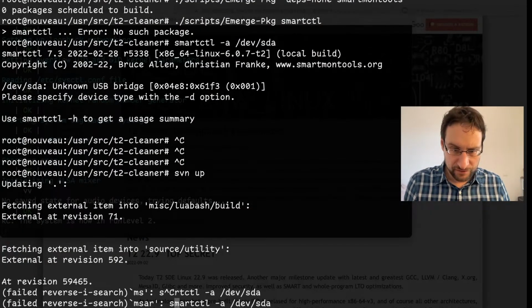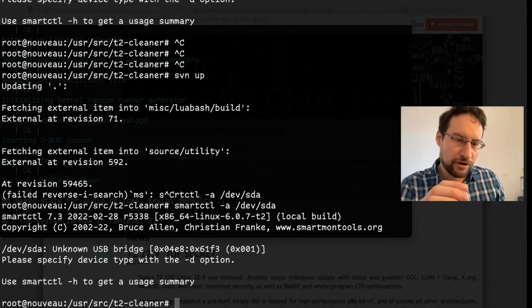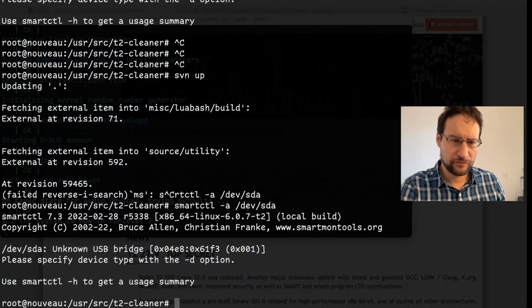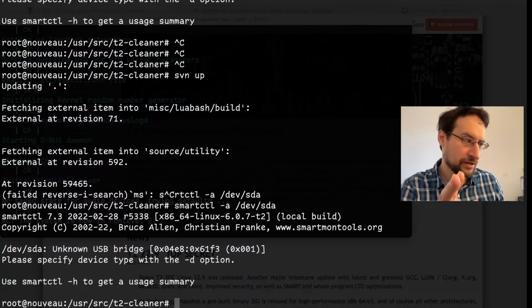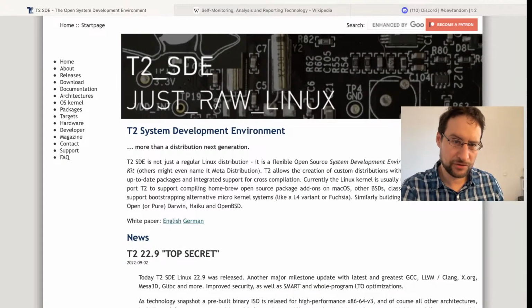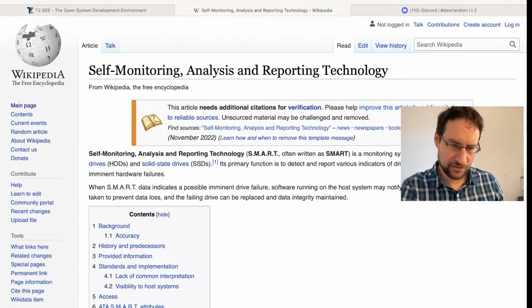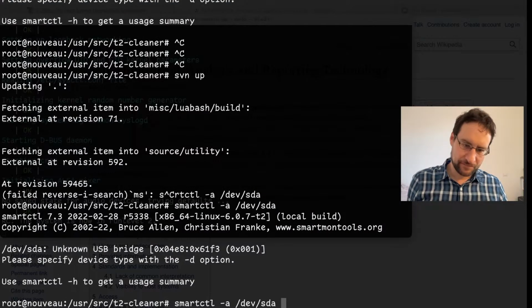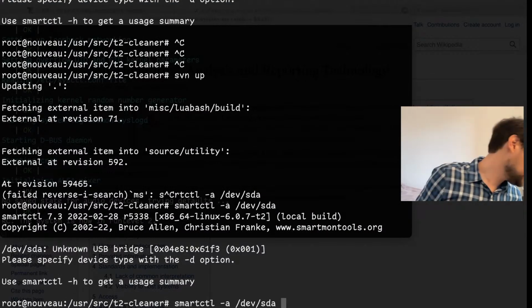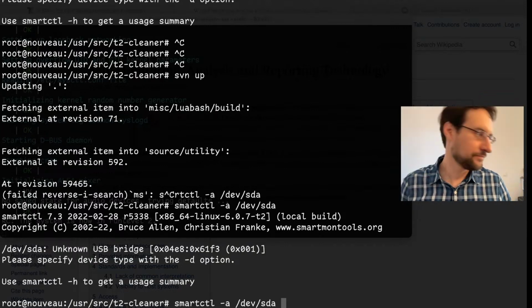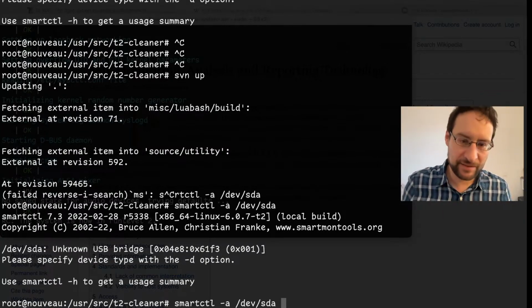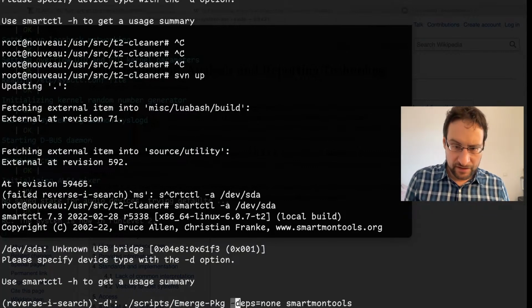Do I have this in the history? Yes, I should have. What I knew already for quite some time is that USB or other protocols, I think Firewire or whatever, often have bridge and implementation specific details for pass-through, like SMART, the self-monitoring analysis and reporting technology of hard drives and solid state drives. I have here this portable Raspberry SSD, the cable is too short, but I have had this for quite some time, and I always need to add here